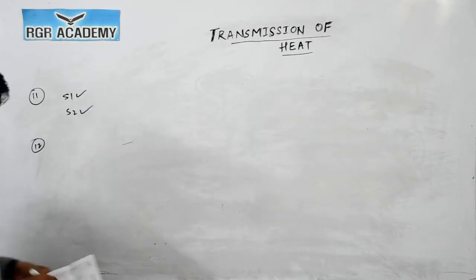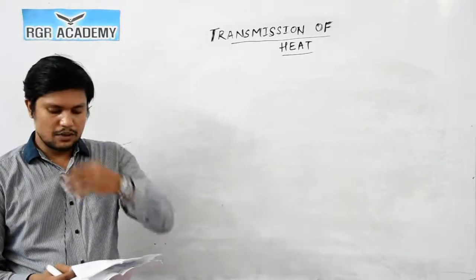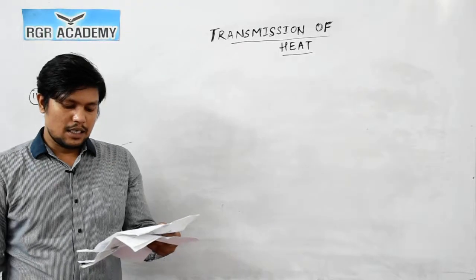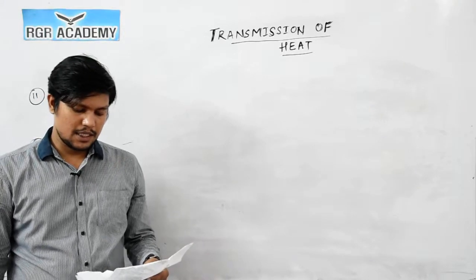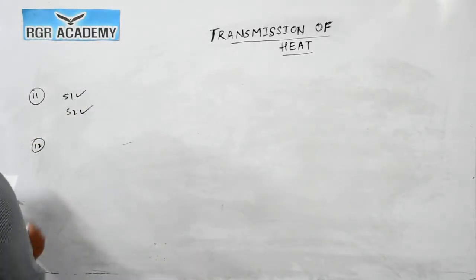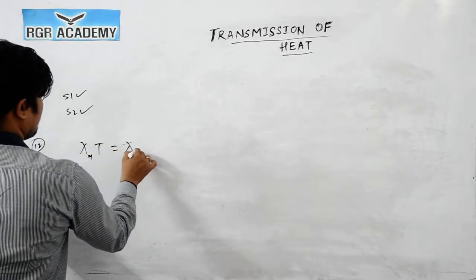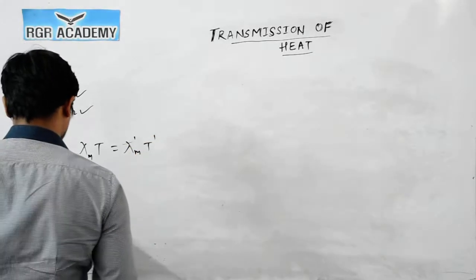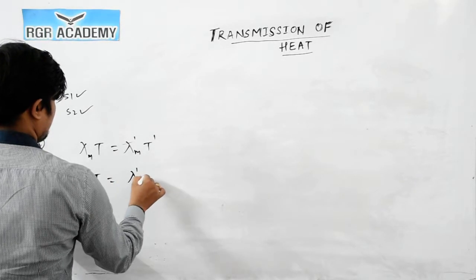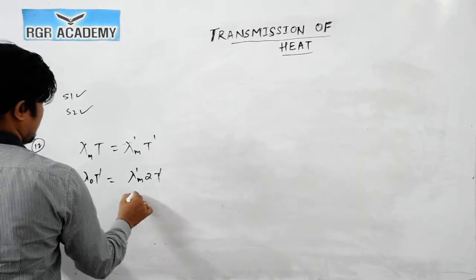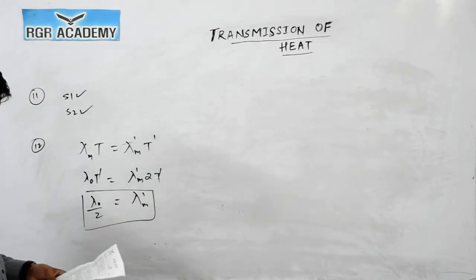Okay, now question number 12. The radiation energy density per unit wavelength at a temperature T has a maximum at the wavelength lambda naught. At temperature 2T, it will have a maximum at which wavelength? Okay, so they are asking at the temperature 2T. So we know that lambda maximum into T is equal to T dash we can consider. Okay, so lambda naught T is equal to lambda dash 2T. So this will cancel out. So we can say that lambda dash m will be equal to lambda naught by 2. So if you see the options, option number 1 will match for question number 12.